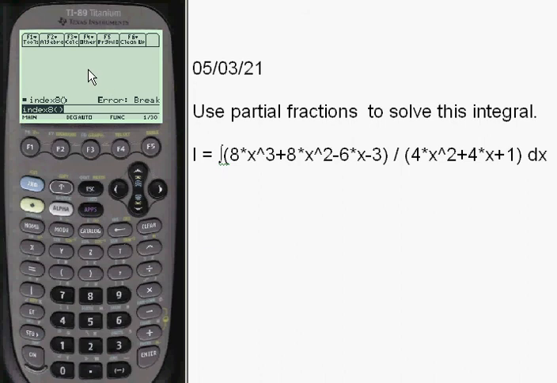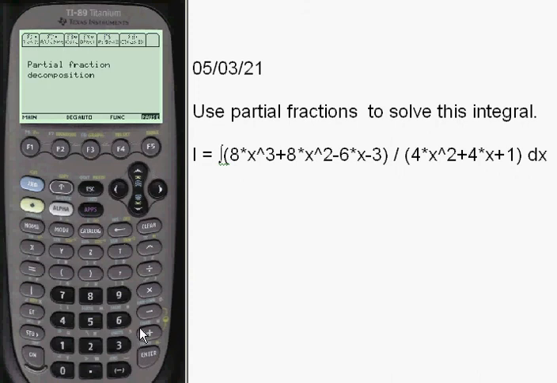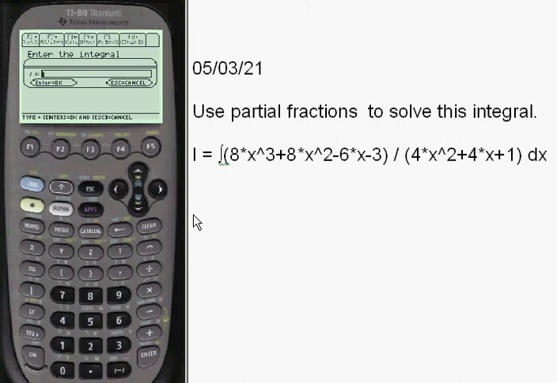Anyways, index 8 to get to the main menu, press enter. I'm already at partial fractions, which you're going to choose because this is the problem of partial fractions decomposition. So we're going to press enter, and I'll show you the program. We're in the correct program, and we're going to enter the integral here. You have to press alpha before you enter anything into these entry lines. So you'd press alpha, and then you'd put 8